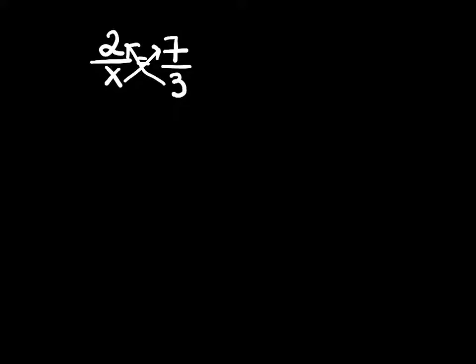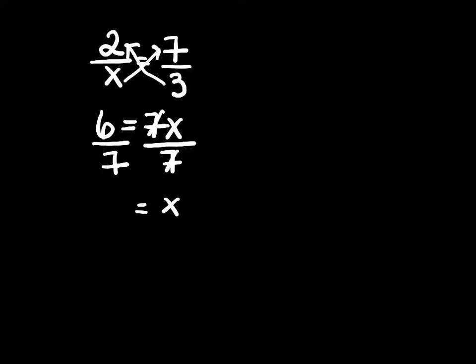So 2 times 3 is 6 equals x times 7 is 7x. And then divide both sides by the 7 to isolate the x, and you get 6 over 7 equals x. Putting that into your calculator, 6 divided by 7 gives you 0.86. Okay. Your other option, or second method,